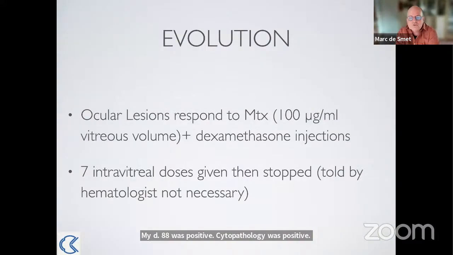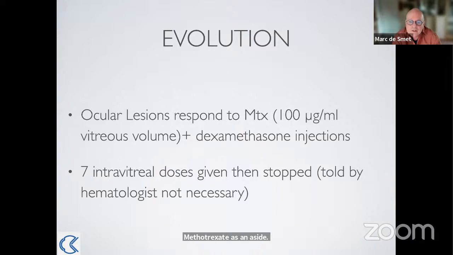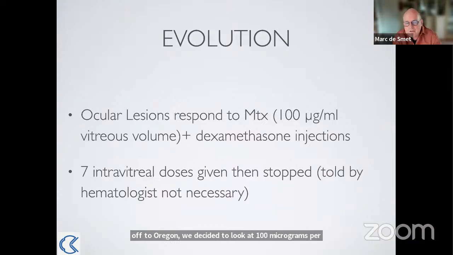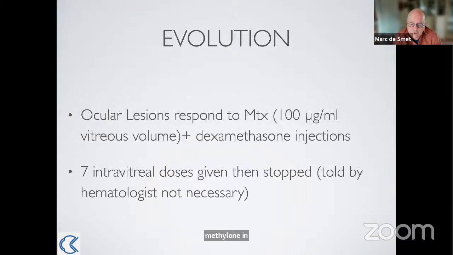The ocular lesion was treated with methotrexate. As an aside, when this was first developed at the NIH, before it went off to Oregon, we decided to look at 100 micrograms per milliliter vitreous volume, which means that if you have a large eye, you should be injecting more. And I've always injected a combination with other drugs, dexamethasone phosphate in particular,